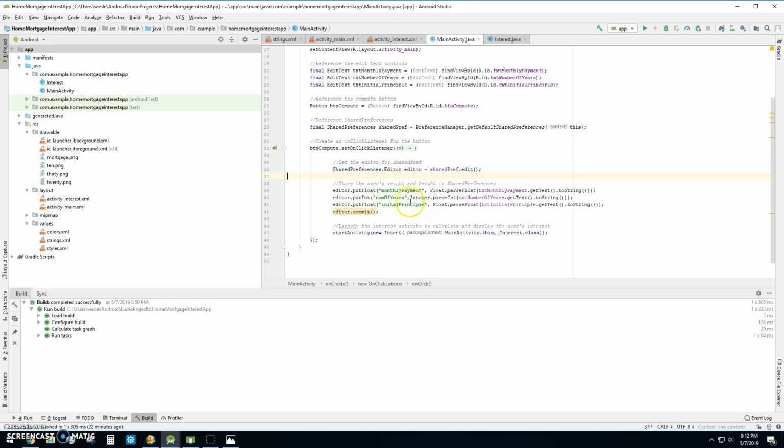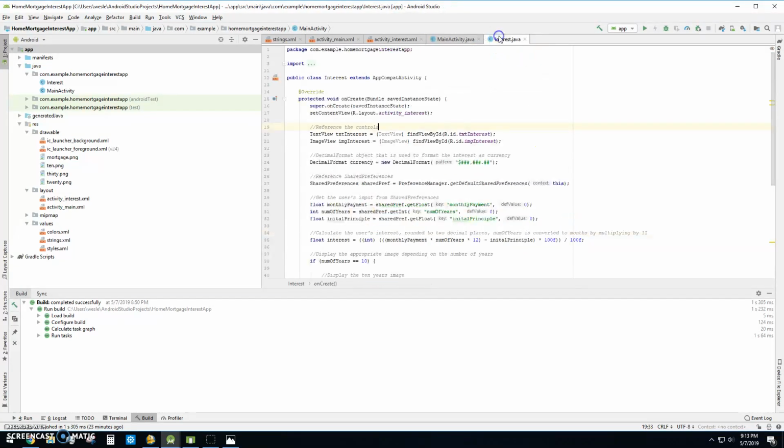And then we want to put our different values in. Two of these are floats right here, and then one of these is an integer value for the number of years. And we'll want to store those in there. I did the same basic thing where it's all on one line. So we just get all the values here and parse them. That way it's on one line, and then we're going to commit these values. Typos. But then we're going to launch the